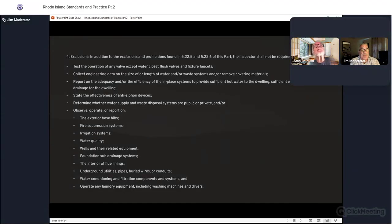Exclusions. In addition to exclusions and prohibitions that we talked about already, the inspector shall not be required to test the operation of any valve except water closet flush valves and fixture faucets. Collect engineering data on the size or length of water and or waste systems and or remove covering materials. Report on the adequacy and or the efficiency of the in-place systems to provide sufficient hot water to the dwelling, sufficient water supply or drainage for the dwelling. State the effectiveness of anti-siphon devices. Determine whether water supply and waste disposal systems are public or private, and or observe, operate, or report on the